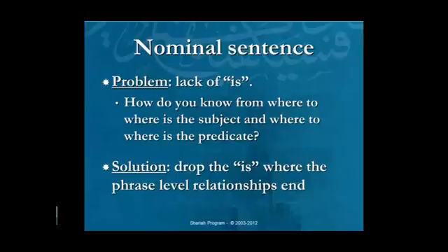So this is the extent that I'm going to talk about in this presentation about the lack of "is" issue. Because the entire solution of it depends on knowing the 12 types of phrases, and since in the introductory theory we don't give you all 12 of them, the proper solution takes about 7 to 9 weeks in order to be fully comfortable with this. In other words, to not have any trouble with this problem and to be able to solve it effortlessly. That's done through the reading text.